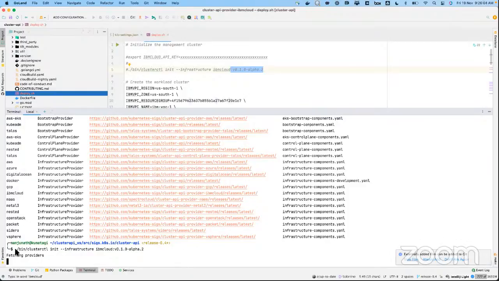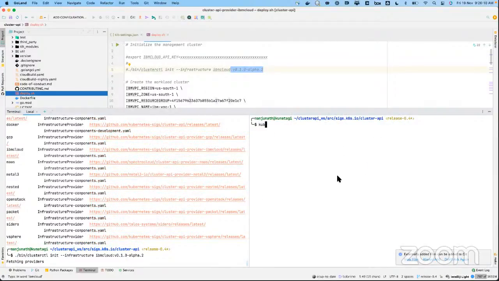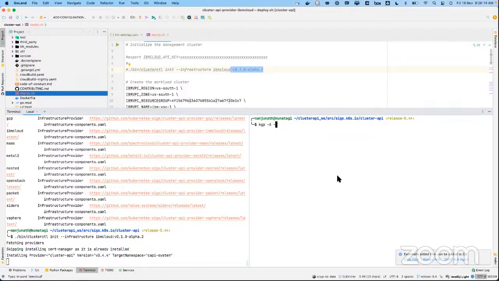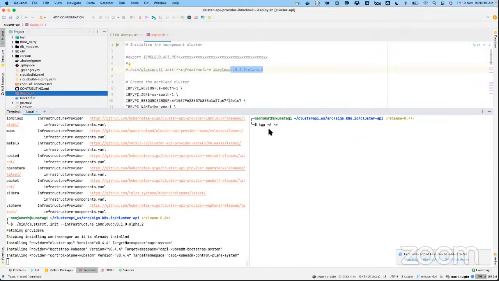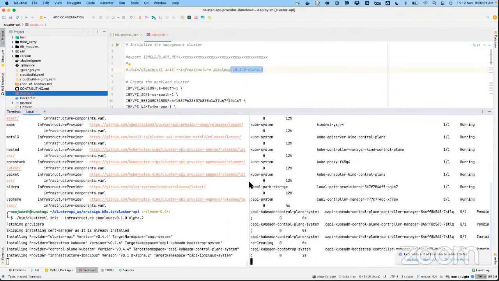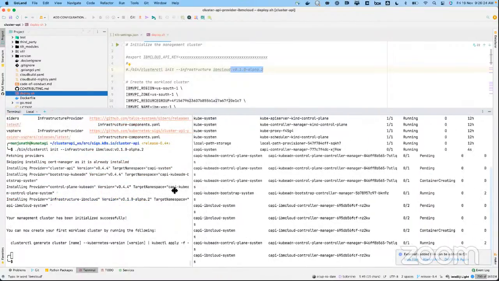What really happens is, we can split this and I'll just do kubectl. Okay, I think it already deployed, right?